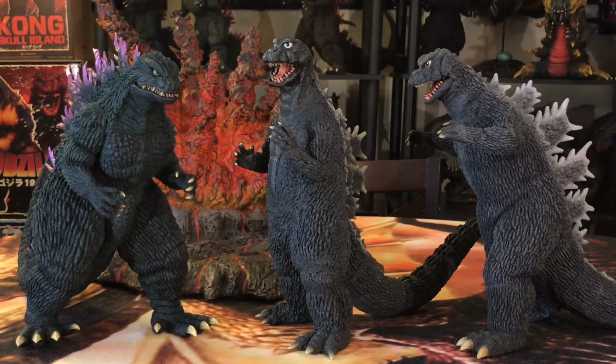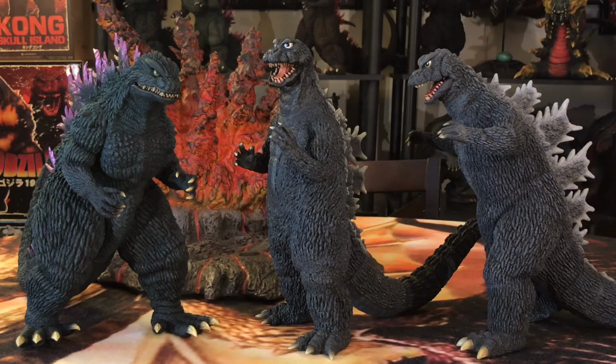Okay, folks, this is the first size comparison, alongside the 1964 25cm Godzilla B-Suit edition, standard edition, I should say. To his left, I have the most recently released 25cm standard of Godzilla 2000, and of course, arguably the figure of the year that came out last year in November, the 25cm 1965 Godzilla from Godzilla vs. Monster Zero. And you're probably wondering, why did I put these three together? If you were listening earlier as I was talking about the figure in Up Close and Personal, I mentioned the 2000 and the 65,